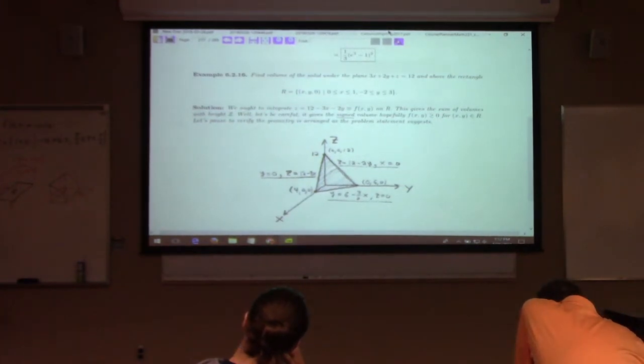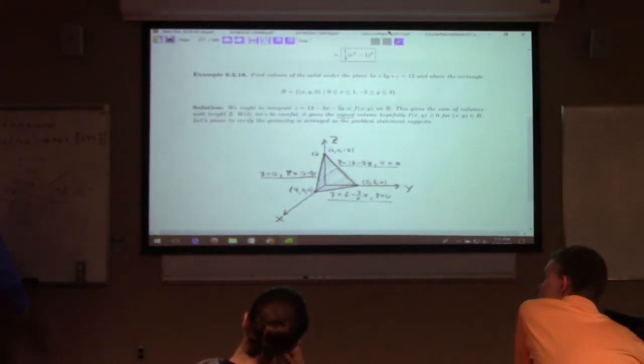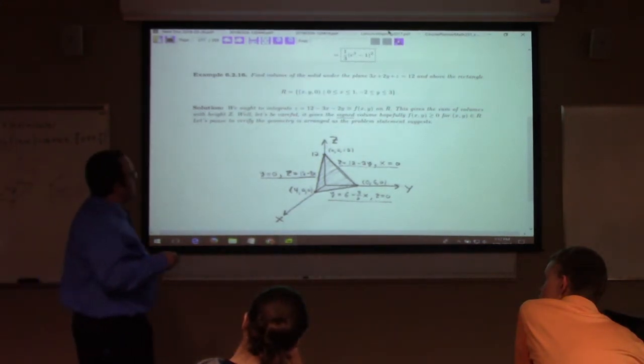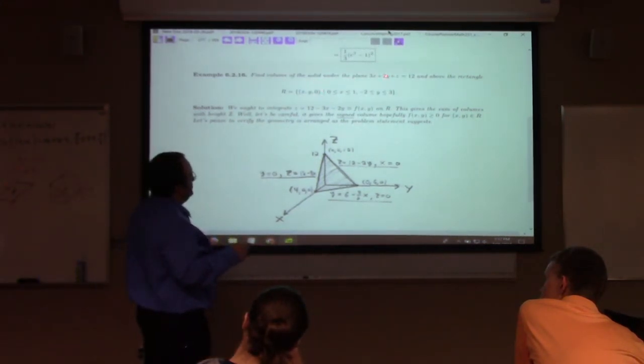Here's a nice one. We have the solid under the plane 3x plus 2y plus z equals 12. Did I almost give you guys this problem to work in the daily quiz? I think I might have, but